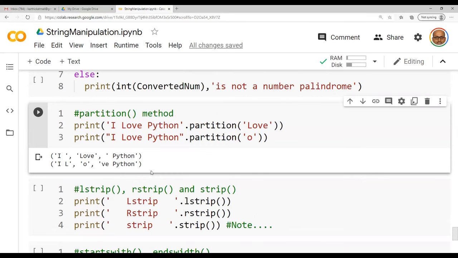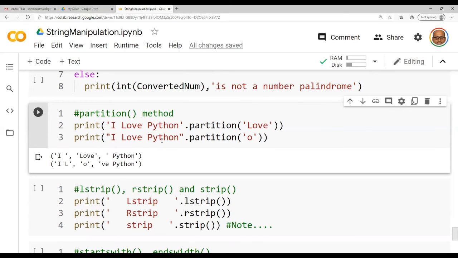Is it so? No, the output is not at all the same here. There, when I split on I space L, that part went to the output. Whichever character I am trying to split on, that character will not come there.